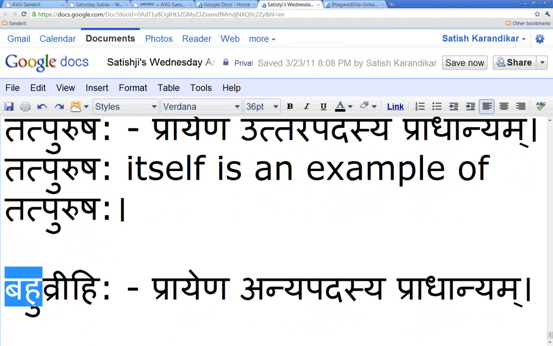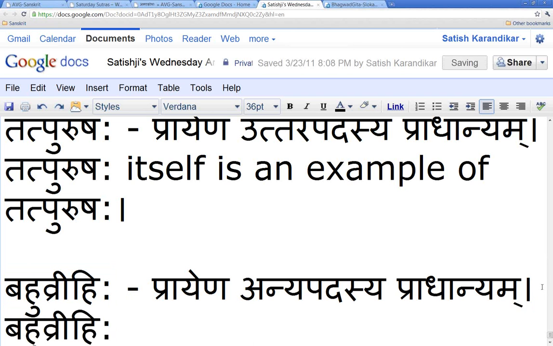So you can use that one itself. Now look at this compound Bahuvrihi. Bahu means a lot, Vrihi means rice. There's no way for this to qualify the man who has a lot of rice. Yes, Bahu is an adjective, it's true, but Bahu is not qualifying the man. It's qualifying the Vrihi. So the man should not be in the compound. If he's in the compound, it's not a Bahuvrihi compound.